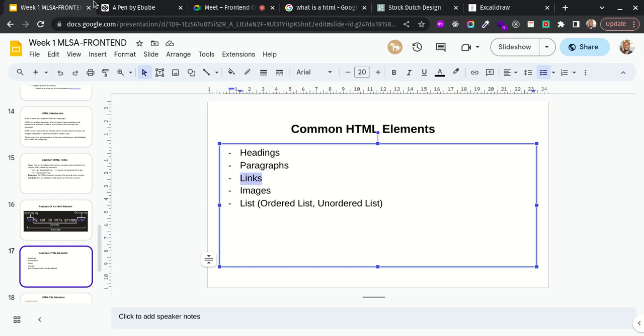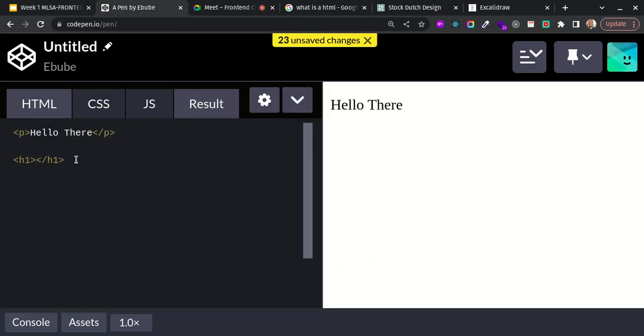And there's the link element. This is how you write a link if you want to put a link on a web page. Don't worry if you don't know, I'll explain now. A link tag is denoted with the letter A. That's how it's done in HTML. If you want to put a link on a website or a web page, it's denoted with the letter A. And what we have here, this href is equal to this over here,